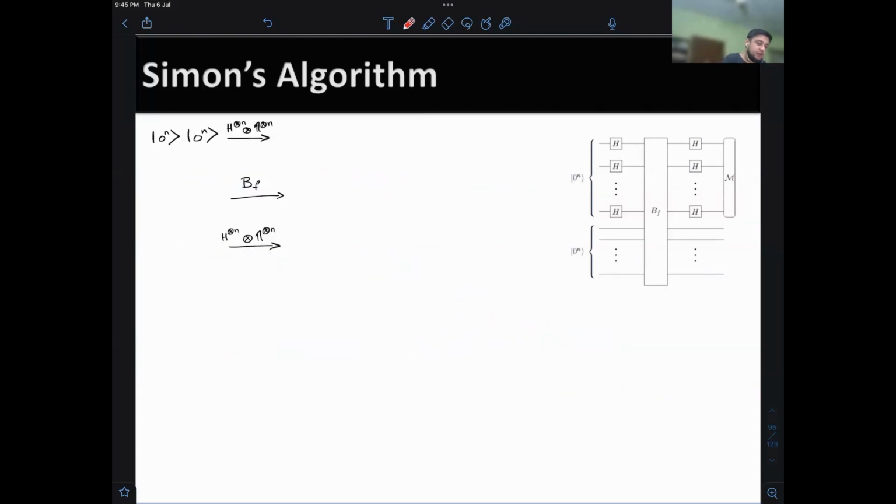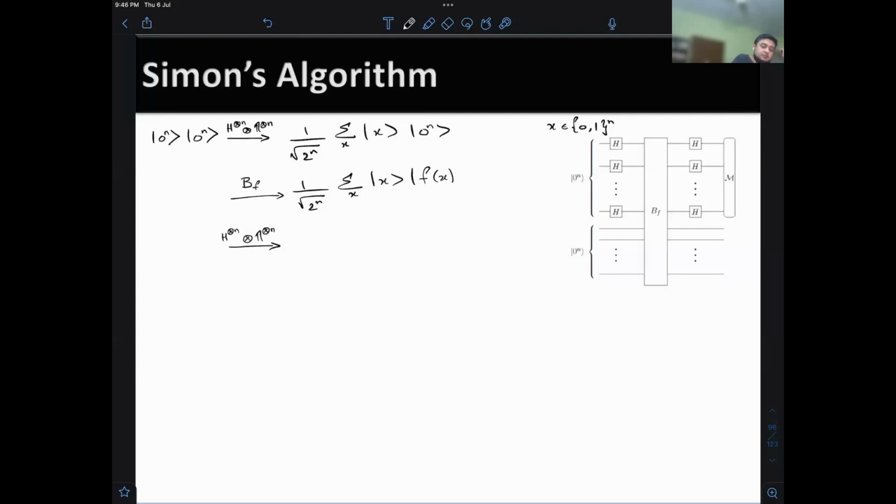All right, the first few calculations are relatively straightforward, just like last time. We've been doing them often. Hadamard gets applied to the first set of n qubits. You get the uniform superposition. So that's going to be written as 1 over square root 2 to the n, sigma x, and these remain in 0^n, right? And x, recall again over here, just to avoid confusion, is a length n bit string. You apply B_f, we don't get the phase kickback effect. What do we get? We get f of x evaluated and stored in the auxiliary qubits. And so you write this as sigma x,